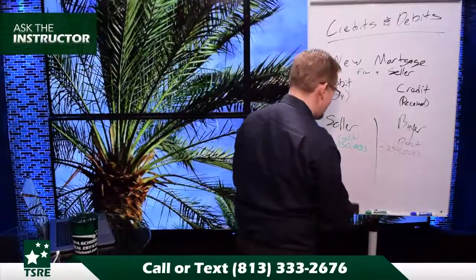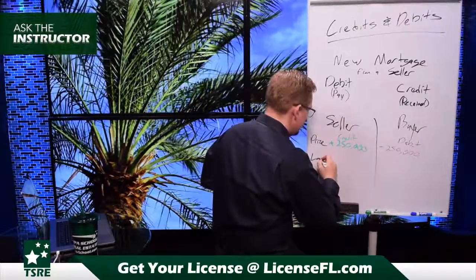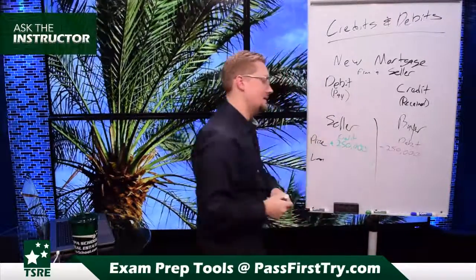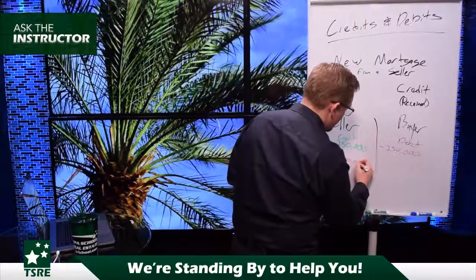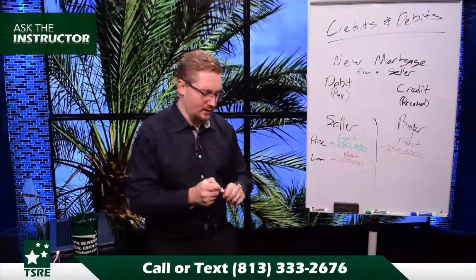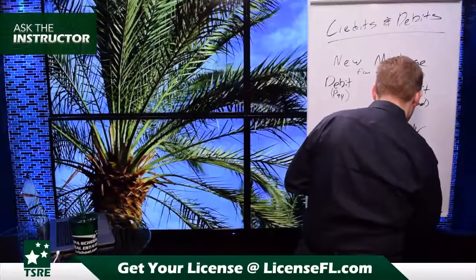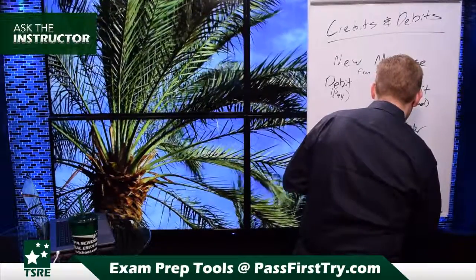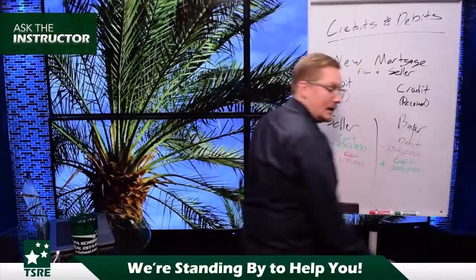Now let's say the seller is the one financing this. If the seller is the one financing this for our, we'll just call it loan for short here, our purchase money mortgage offered by the seller, for let's say it's a $200,000 loan. So now the seller is debited that $200,000 and the buyer is receiving or credited that $200,000. Now you might already kind of see what's going on here. If we put what's in blue here for our net amounts,